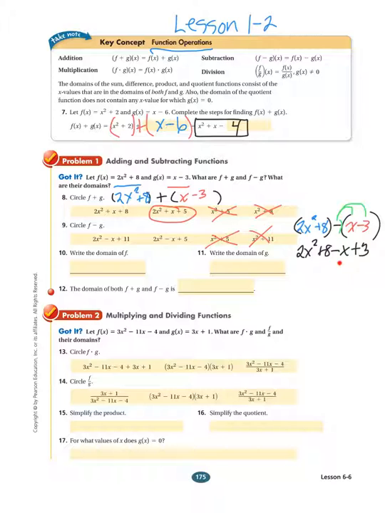Then the next highest degree term is this minus x, and again, they both have a minus x. So then 8 and a positive 3 is positive 11, so it has to be the very first one. Then they want to know what is the domain